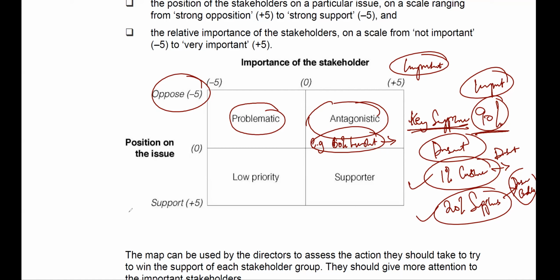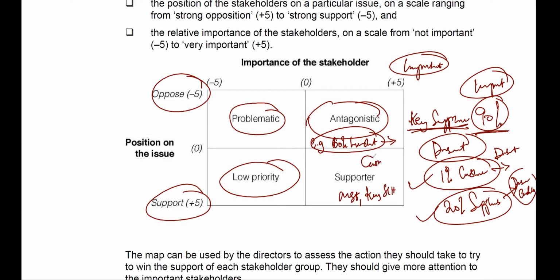So when it comes to support, the person might be low priority, somebody who supports you but is not so important, right? Those people are low priority stakeholders. And those who support you and are very important to you, like the management of the company, some key shareholders, some key customers, some key suppliers. Are you getting it? Those people are supporters, right? Now, sometimes